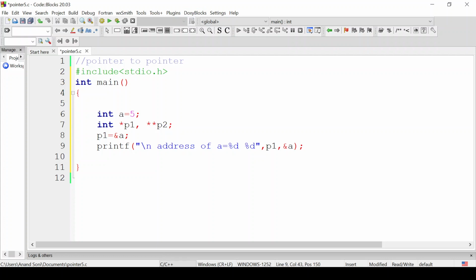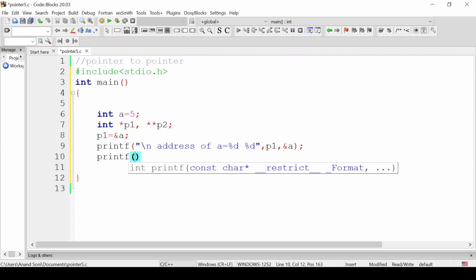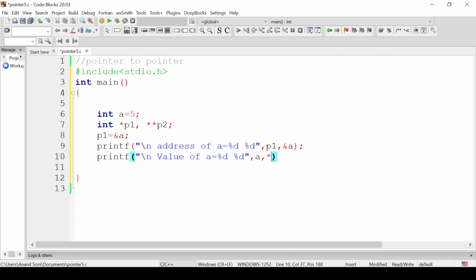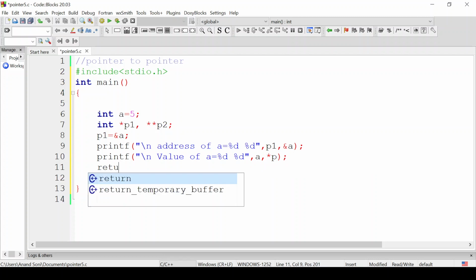And if we want to print value of a, so for that printf within double quotes \n value of a equals to %d and one more %d, and here we'll say a, which is going to give value of a, and if we print asterisk p1, that is also holding value of a, and here we'll give